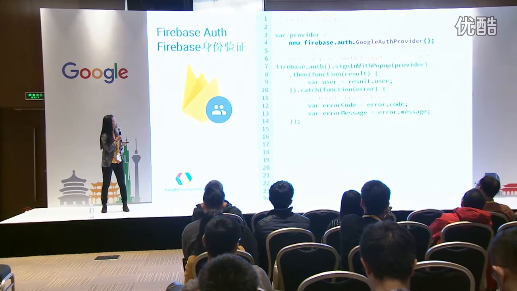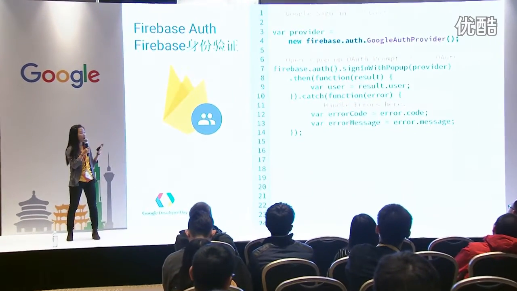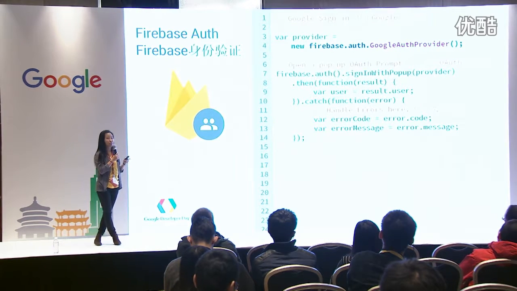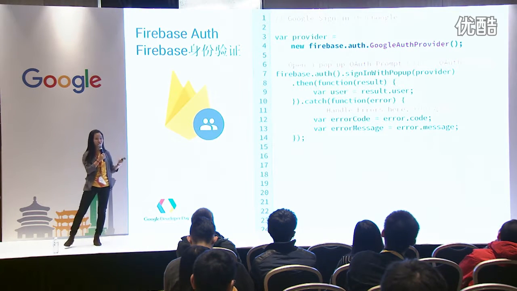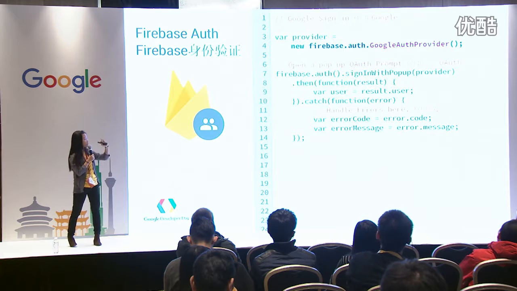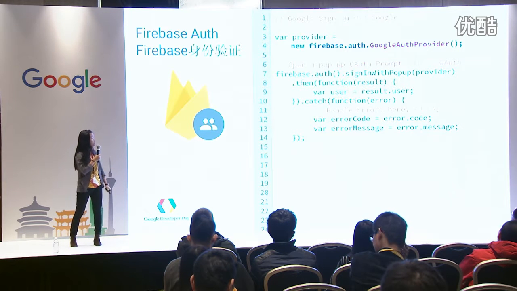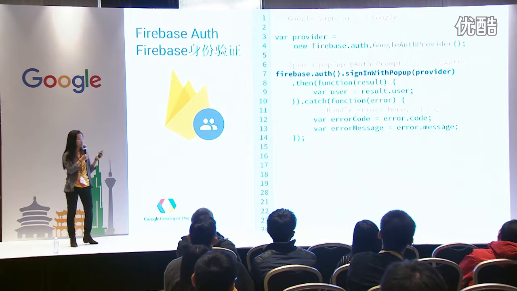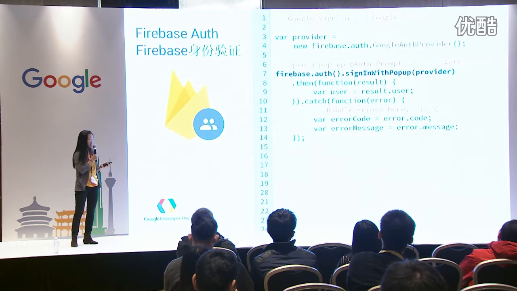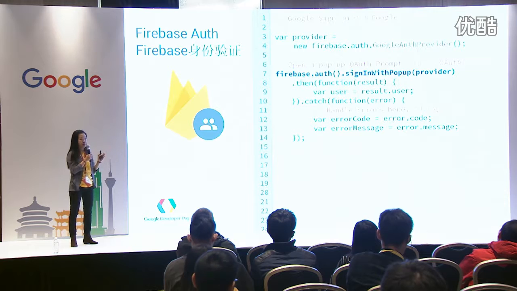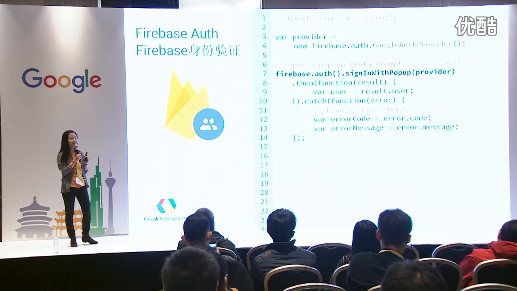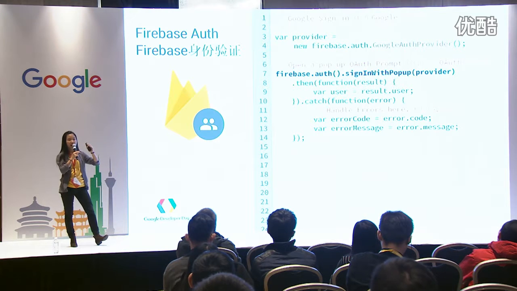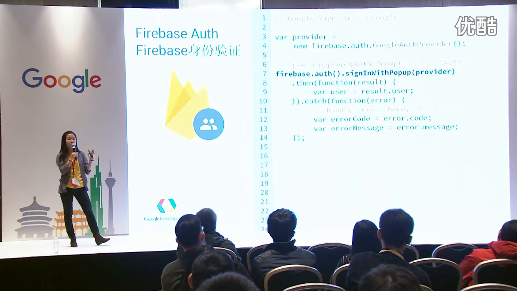So here in line 4, they create an instance of a Google Auth provider. You can do this not only with Google, but also with our other providers such as Twitter and Facebook, and you simply replace Google with those names. Next, they call the sign in with pop-up function on the Firebase auth service and pass in the parameter that we just initialized. So what this does is it creates a pop-up that will have UI asking for their Google